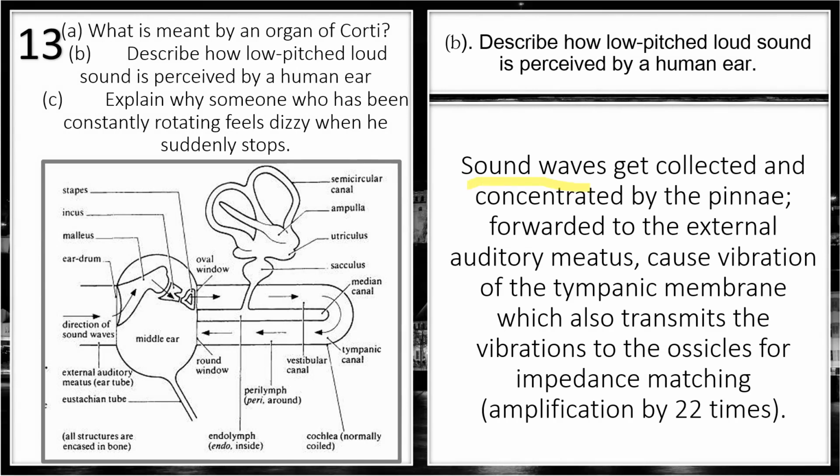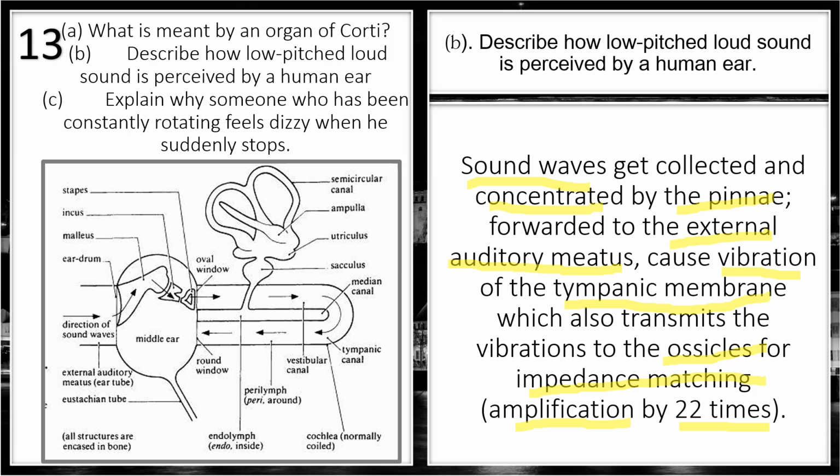The sound waves get collected and concentrated by the pinnae and forwarded to the external auditory meatus, and cause the vibration of the tympanic membrane, which also transmits the vibration to the ossicles for impedance matching, that is amplification by